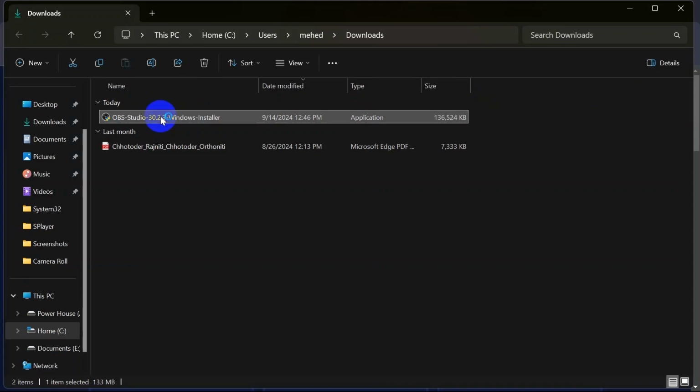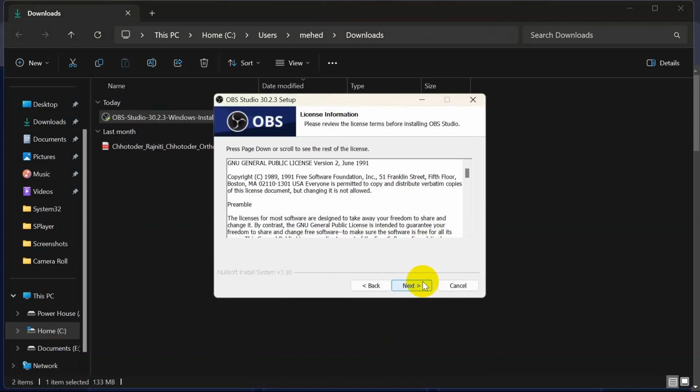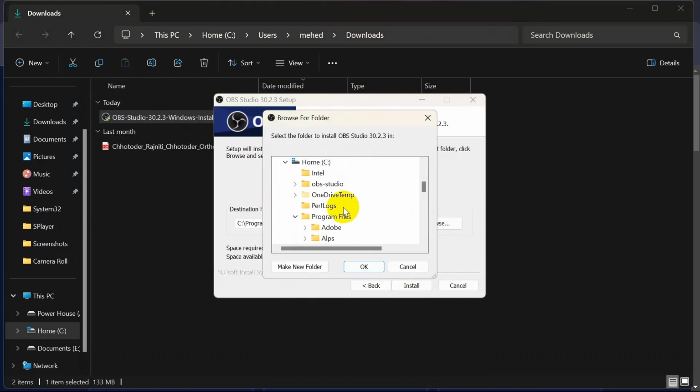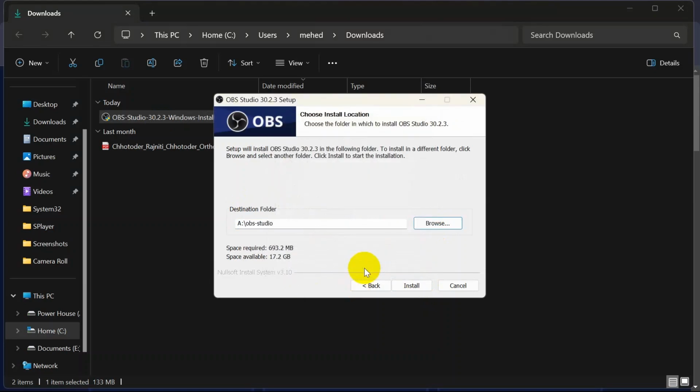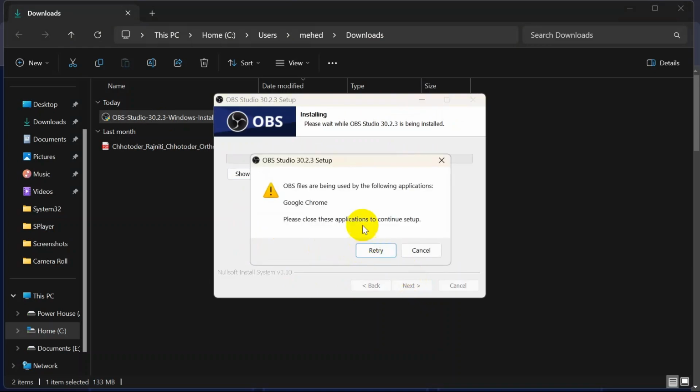And you can see that OBS Studio is installing, permission required. Click yes for the permission. Click next, next, and if you want to change the folder, just click on browse, and I'm going to keep it in Powerhouse, so click OK. If you want to change the location, you can, that's not a big deal. And then click install,